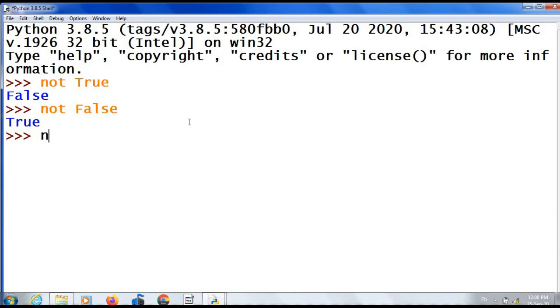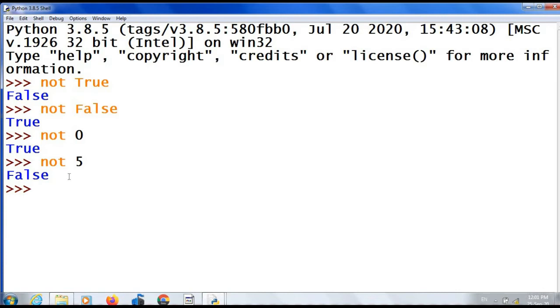Another example, not 0. See, the result is true because 0 is considered as false. Then not 5. It is false. Any value other than 0 is considered as true.